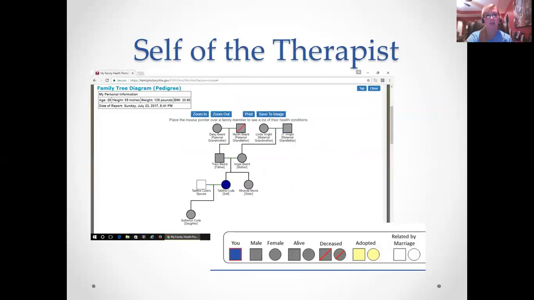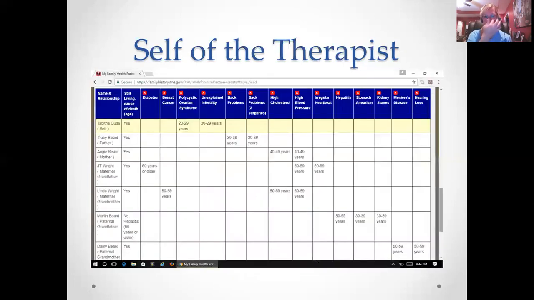So the website actually created this that you're seeing on the screen now, this family tree diagram. So I included myself, my daughter, my sister, my parents, and both grandparents. As you can see, one of my grandfathers passed away. Other than that, we have the key there. So it really gives you everything, which is why I thought it was such a great tool to use, and why I wanted to use this in the presentation instead of creating my own.